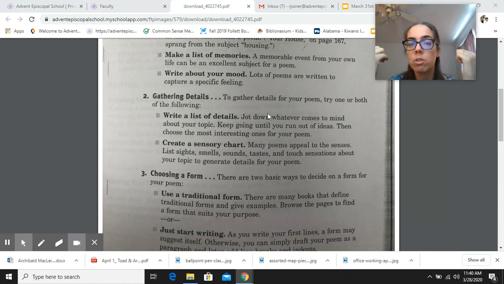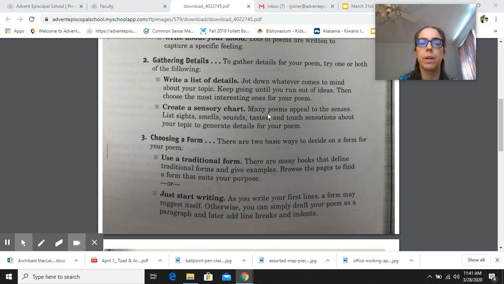Even being someone who's 10 years old, you've had a number of things that have happened to you, either small or large, and you can turn that into something that you want to write about. Whether it's happy or sad, it doesn't matter. You can decide to write about a mood that you are in. If you are feeling bad, you can write about something where you feel bad. I mean, it's fine. It's to capture a feeling. If we want to capture a feeling of excitement or sadness or betrayal or whatever, you can choose to do that and use that mood to write your poem. It's all pre-writing stuff, okay?